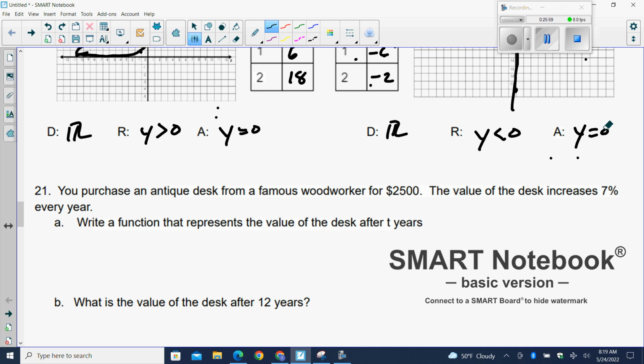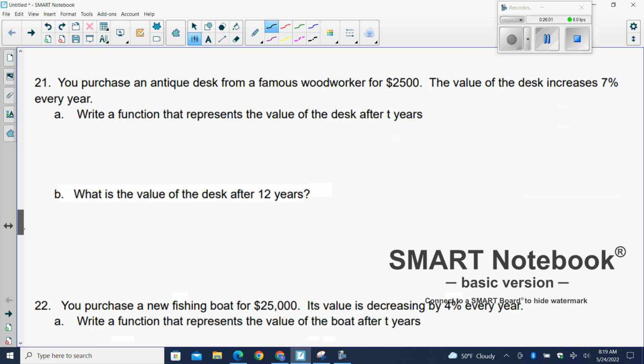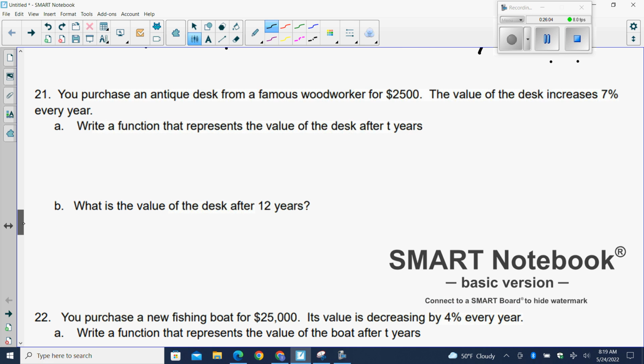All right, question 21. Moving on now, word problems. So make sure you have your equations written down. I'll write each equation down for each question as we go, so you make sure you have those in your notes. 21. You purchased an antique desk from a famous woodworker for $2,500. The value of the desk is increasing